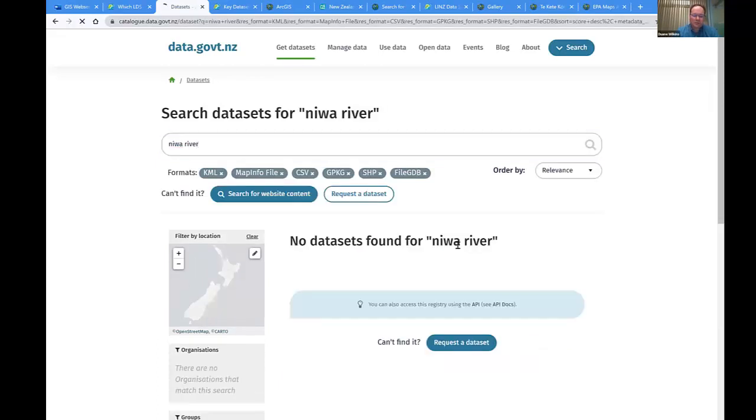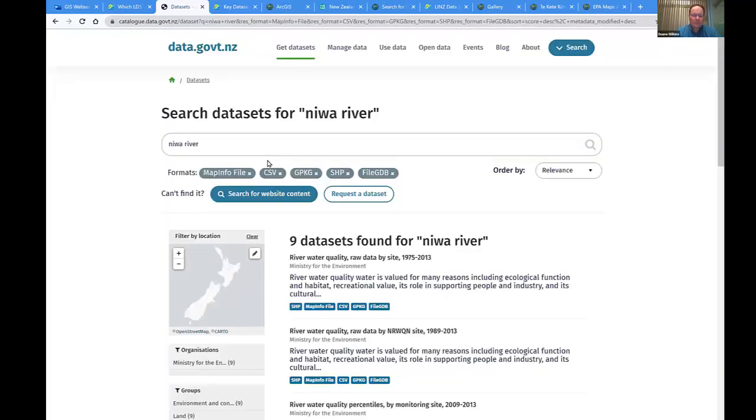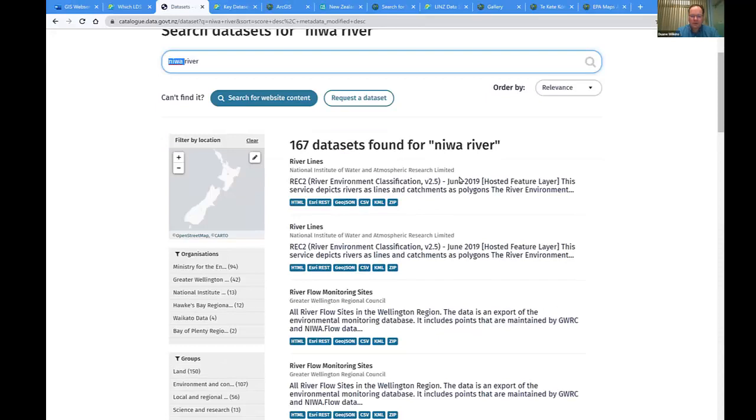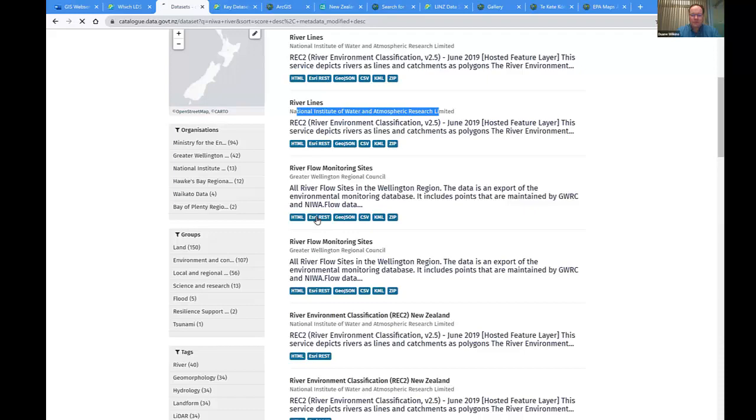I haven't done the search before, and it could be that I've got too many filters on, for example, or it could be that River is not a good search. Niwa River is not a good search key term. Here we go. So now I can see, here we go, because I wasn't looking for the full description of Niwa. And that'll take me through to